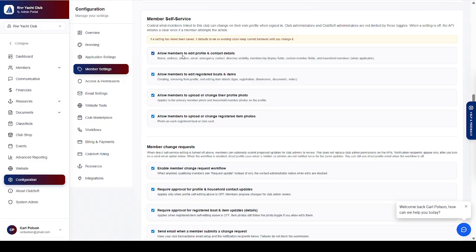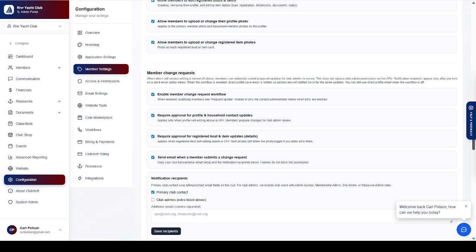From here I can decide whether I want to allow my members to have the ability to edit their profile or change their contact details, allow a member to edit their registered boat items, allow a member to upload or change their profile photo, and allow a member to upload or change registered item photos. So from here I've selected all of these, and then I'm going to scroll down, and I've also selected the